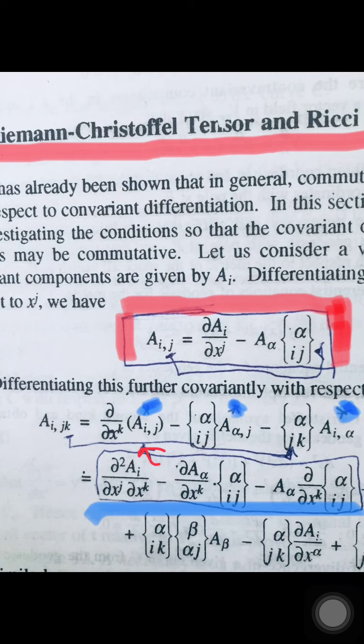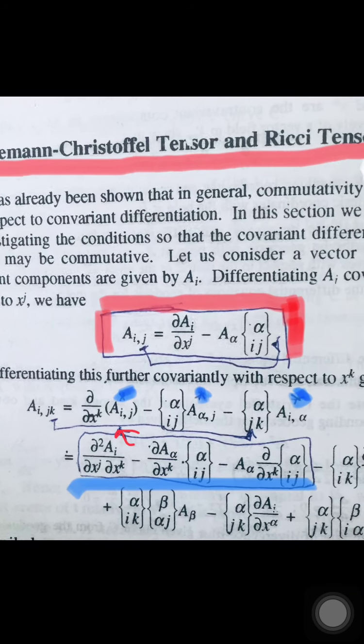So we get three terms. The first term is the partial derivative of Ai over xj, the second term comes when we differentiate one time, and the third term when we differentiate a second time. So these three terms come when we covariantly differentiate twice. This is an important thing, how we obtain these three terms. Already, when we covariantly differentiate one time we get two terms, and two times we get three terms, which is important. Now the next line is again important, how we obtain it.